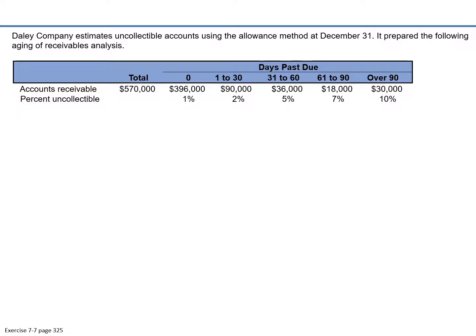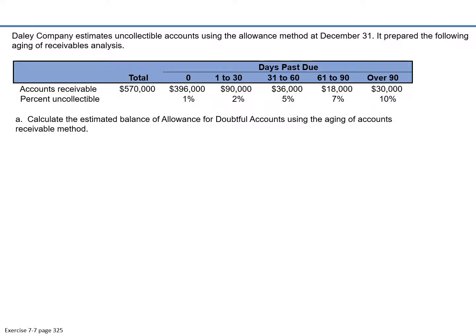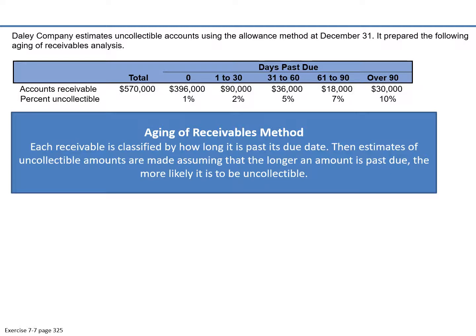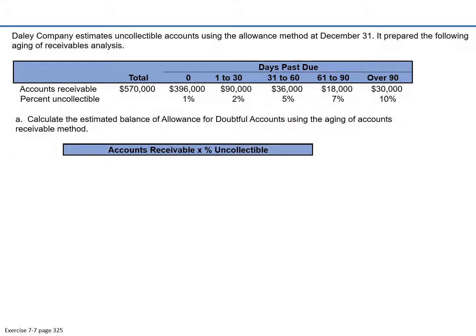Daly Company estimates uncollectible accounts using the allowance method at December 31st. It prepared the following aging of receivables analysis. So they want us to calculate the balance of the allowance for doubtful accounts using the aging of accounts receivable method. So in order to do that, right, we take each bucket times the percentage. So not due, 396,000 times 1%, $3,960. 1 to 30 day bucket times 2%,